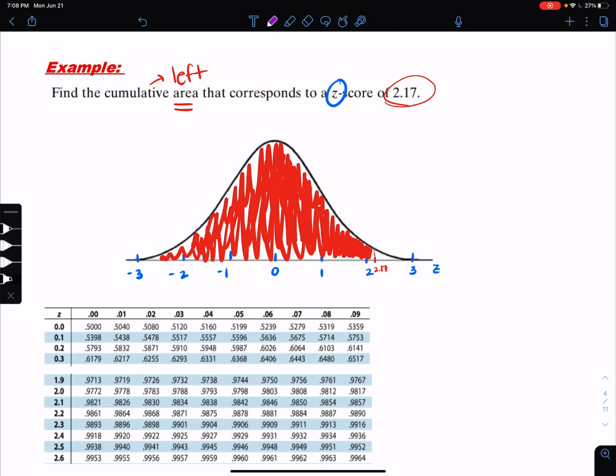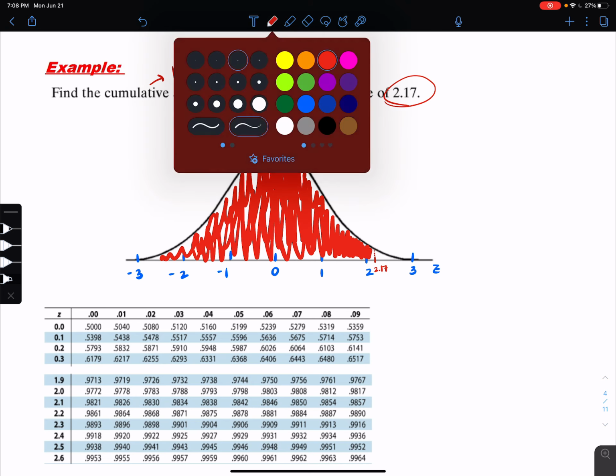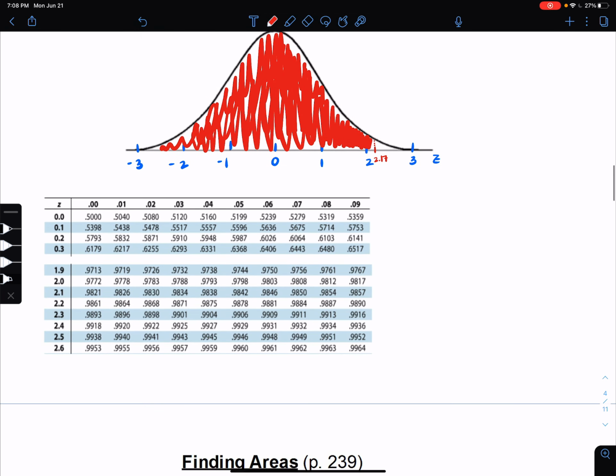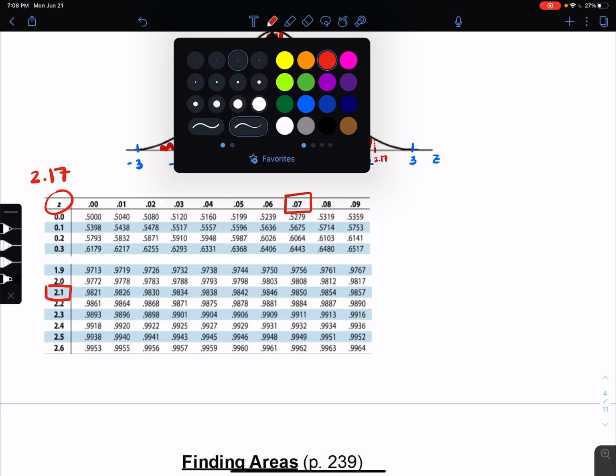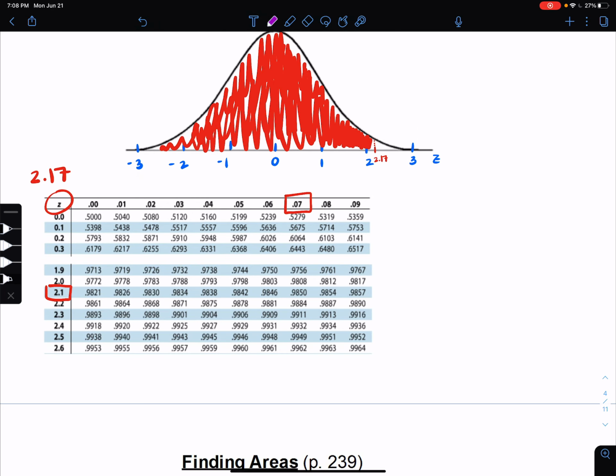All right, so again, I'm going to look at my z-score on the outer edges, 2.17. Make sure you're on the positive page. There's a negative page and a positive page. All right, but then look it up to 1 decimal place here, 2.1. Second decimal place is here across the top. That's my 7. And where those two things intersect,